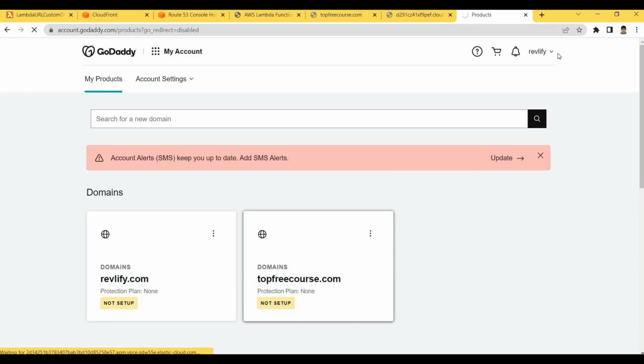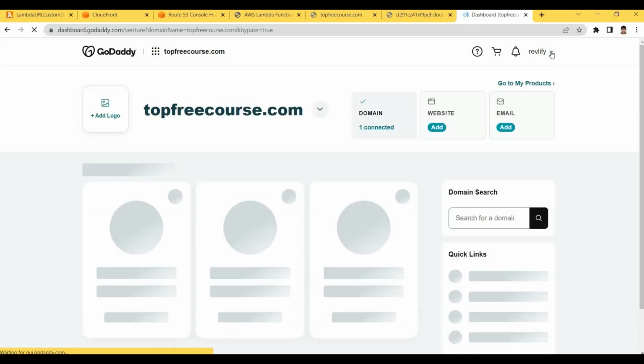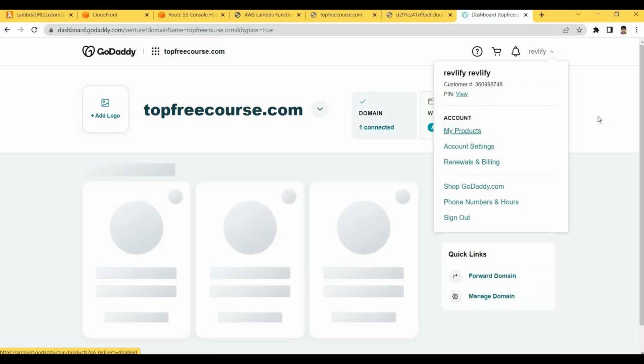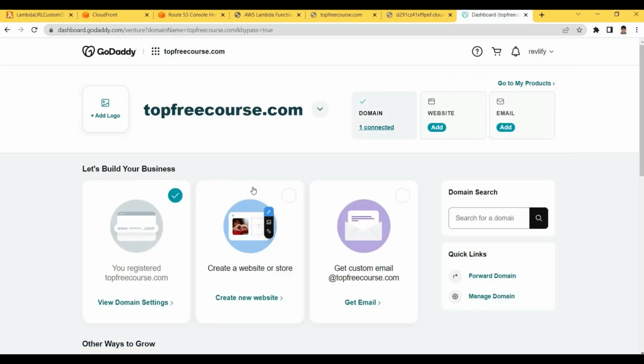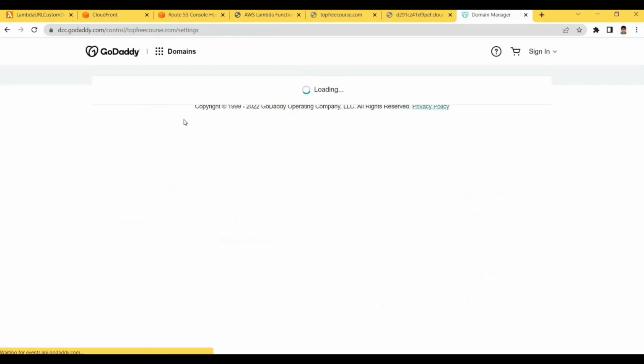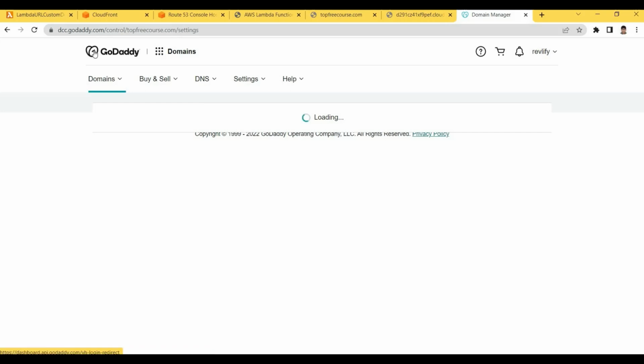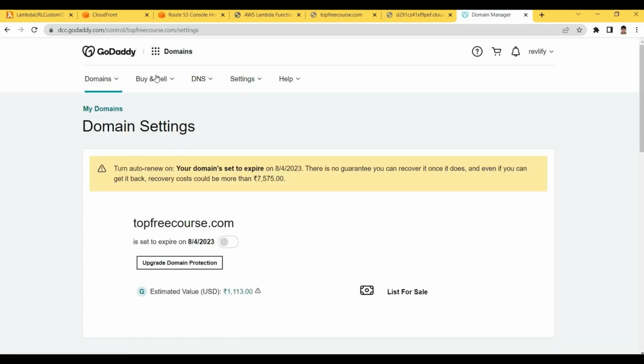So you have to go to your products, and in products you need to select your domain. After selecting your domain, there will be a managed domain. Once you go to the managed domain, this is a specific case for the GoDaddy provider to update a name server. But if it is any other provider, then a similar kind of process, you need to update the name server for